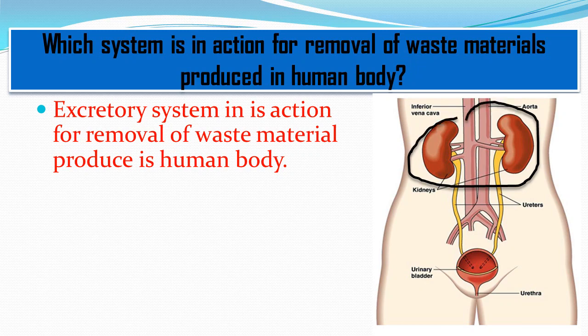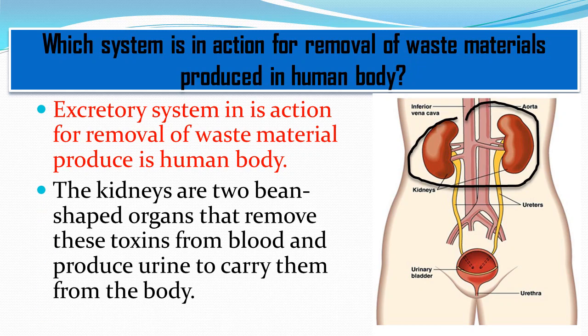These are the pair of kidneys, and the kidneys are two bean-shaped organs that remove toxins, which are harmful substances, from the blood and produce urine to carry them from the body. So this is a very important function, and all the organ systems like the excretory system, circulatory, respiratory, and digestive are all very important